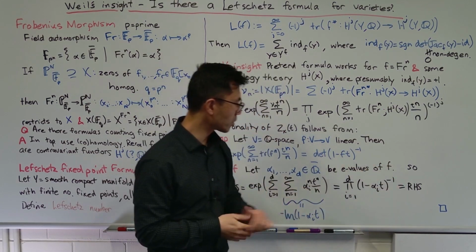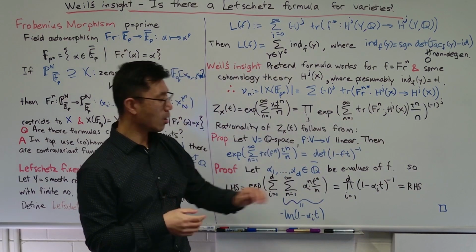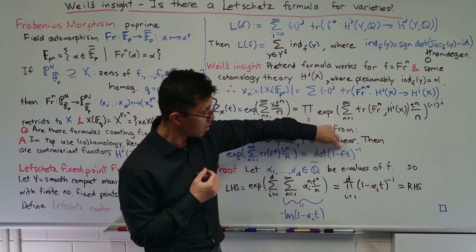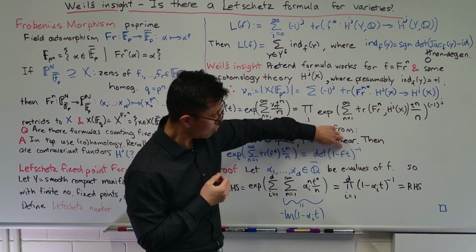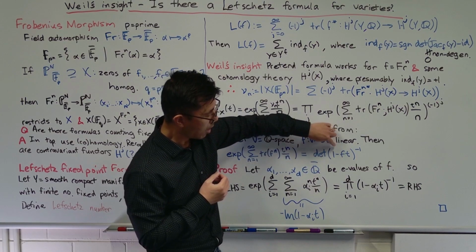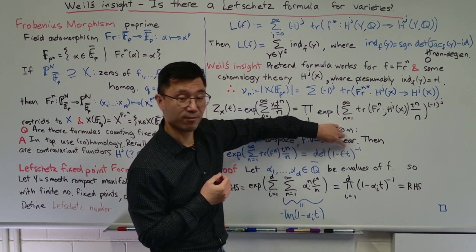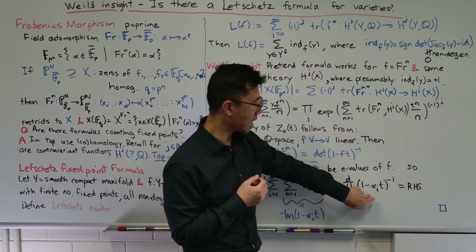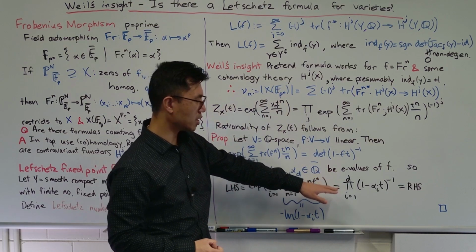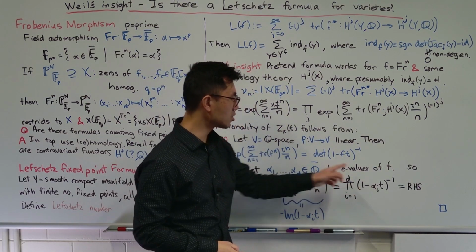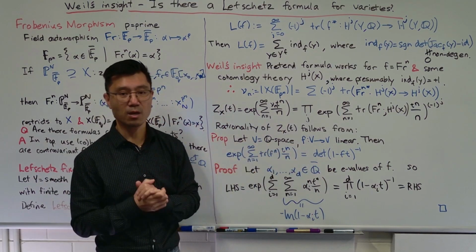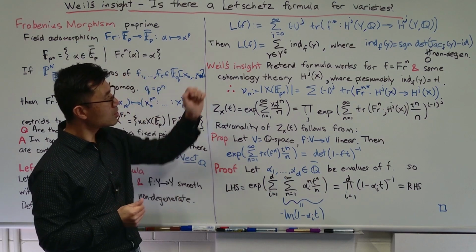So here you have this product of these inverses, so we can pull the inverse out. Here's the inverse. And what is this term here? Well, if you upper triangularize this F, its diagonals are alpha 1 up to alpha d. So you can also upper triangularize 1 minus Ft so that it has 1 minus alpha i t on the diagonals and is upper triangular. And of course, the determinant is just this product here. So this here is just the right-hand side. And hence, we've established this little proposition from linear algebra,